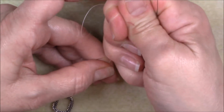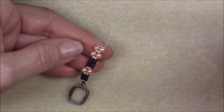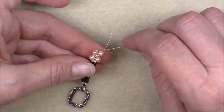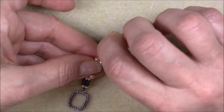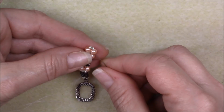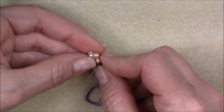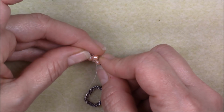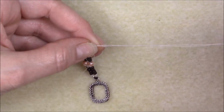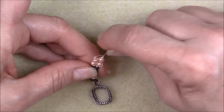Make sure my thread goes down between the beads nicely here, and then I'm going to pick up 2 11-0 seed beads. I'm coming out of this pearl, I'm going to go into this one. I'm going to go back up through the pearl and the 11-0 on top of it. And if you can't do it in one stroke, it doesn't matter. You can pick up the 11-0 after you come through the pearl. Pull these up nice and neat